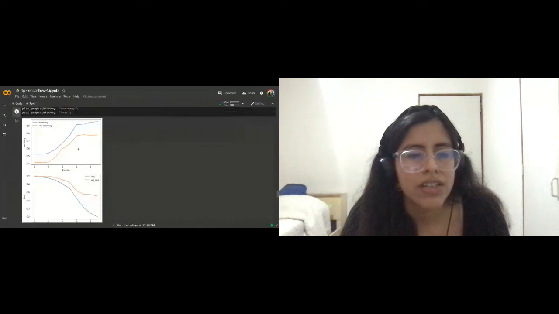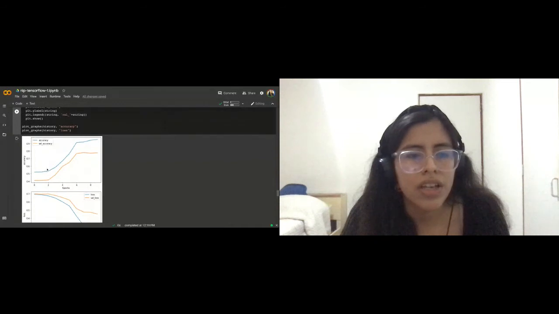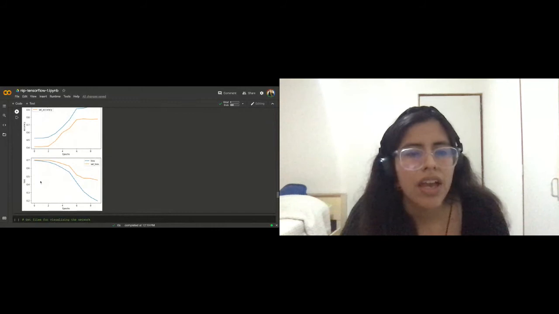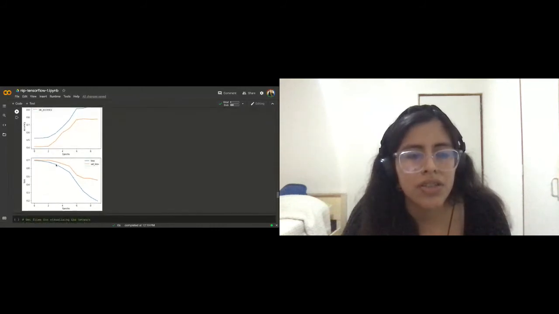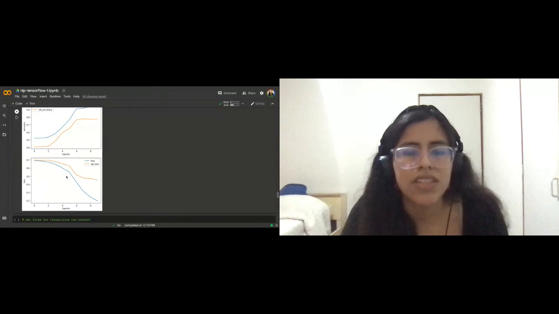So you can see with each epoch the accuracy is increased. And the loss is the percent of the metric that is near to the value from the test.